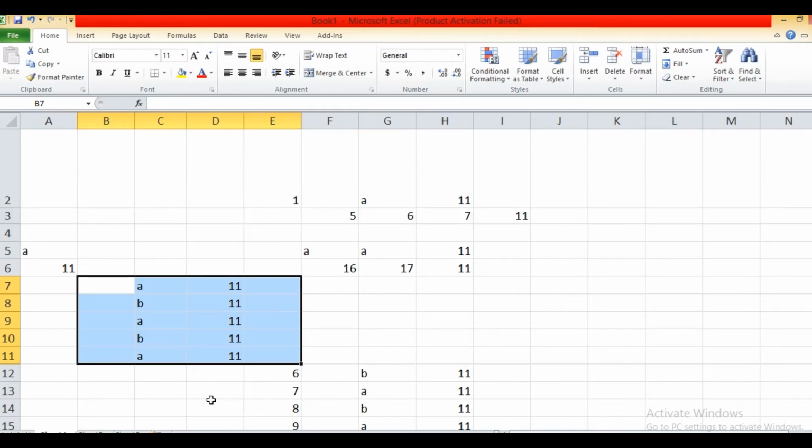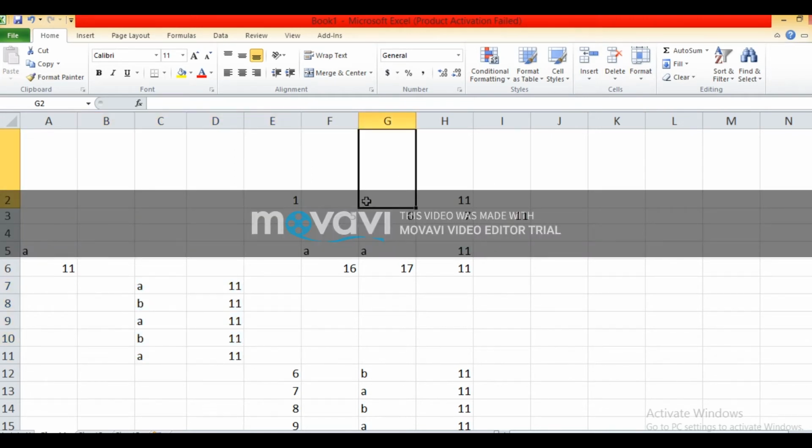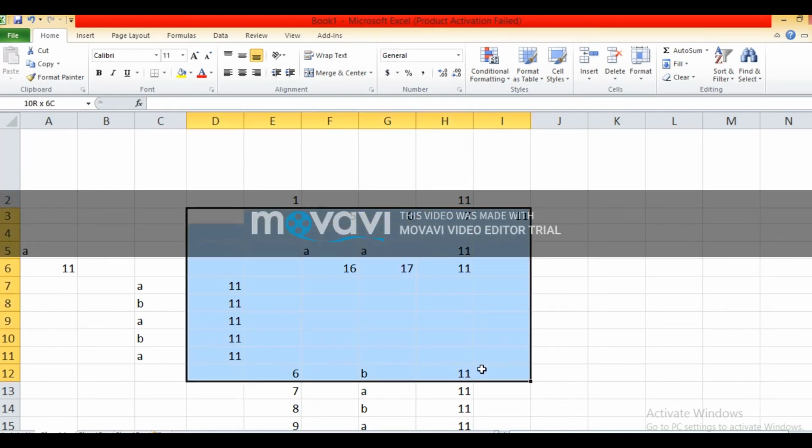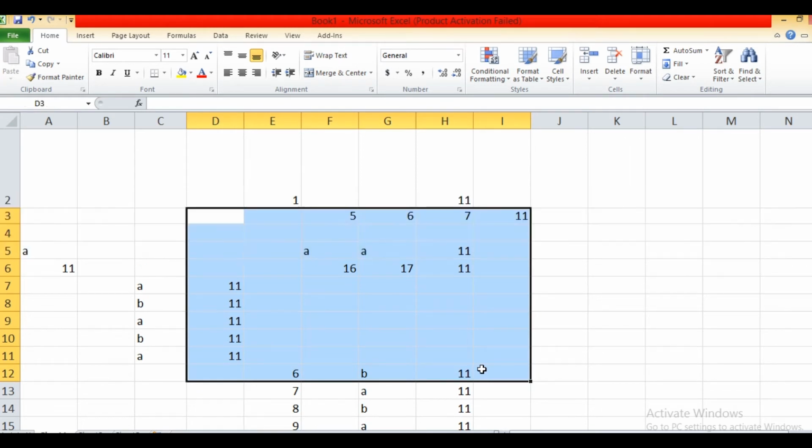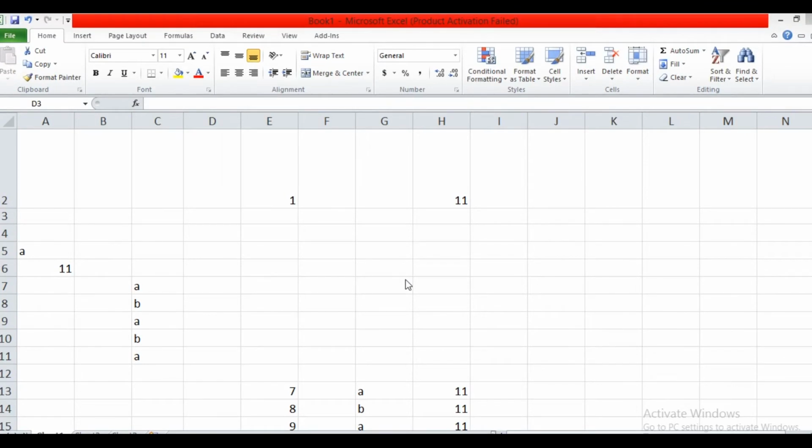Now, if you want to delete the cell content, first we deleted with the help of the Delete option of the Cells group. There is another way to delete the cell content. Click on the cell, then press the Delete key from the keyboard. The content of the cell gets deleted. In the same way, select the range of cells to delete the cell content, then press Delete to delete the content of the range of cells from the worksheet.